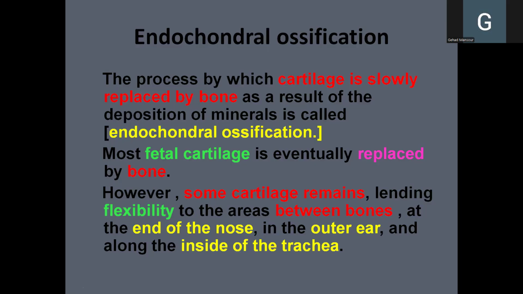articular cartilage, and it gives smoothness to the ends of the bones to prevent friction, especially in joints where there is constant movement, like the elbow or the knee joint, and especially in the joints that are weight-bearing, like the hip joint and the knee joint. But we also have some cartilage at the end of the nose, at the tip of the nose. So the tip of the nose is cartilaginous, as are the outer ear and the cartilaginous rings in the trachea. So the outer ear is cartilaginous and the end of the nose is cartilaginous, or the tip of the nose